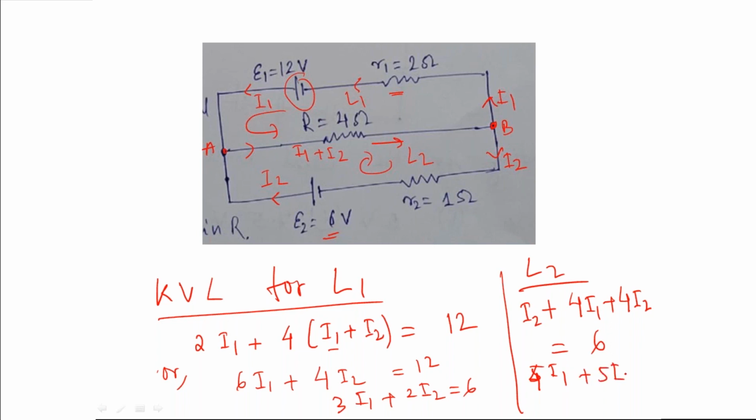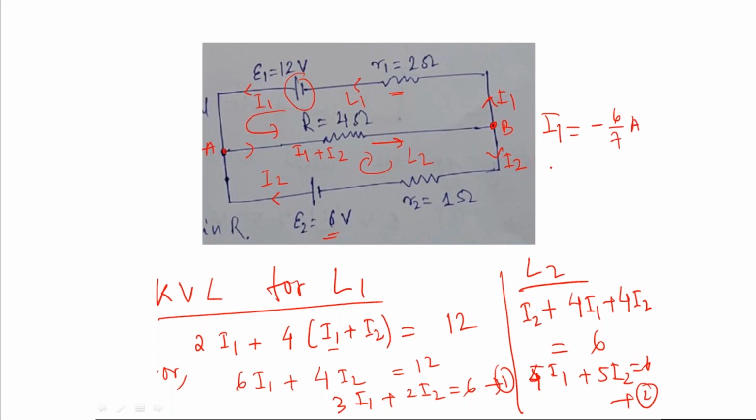So this will give you 4I1 plus 5I2 is equal to 6. So these two equations you have to solve. If you use the elimination process or something, I am not going to solve it rigorously here. So you get these two equations, and then once you solve them, what you get is